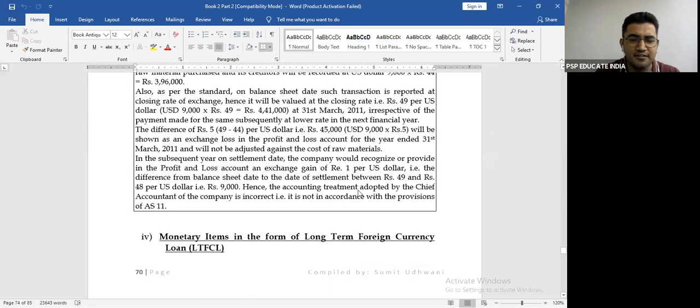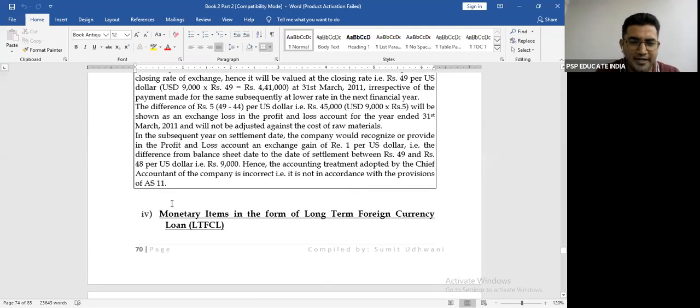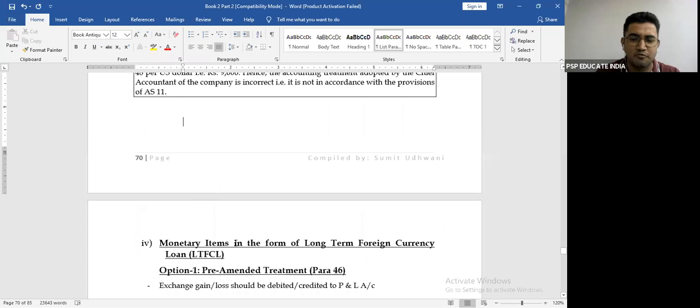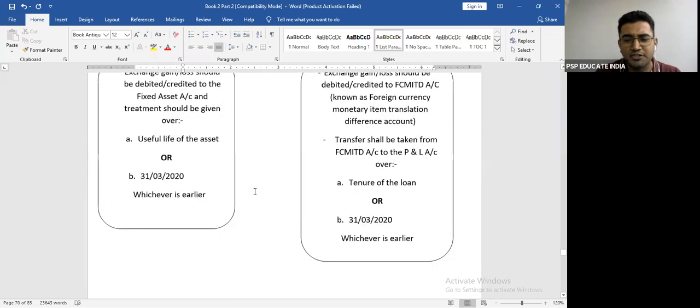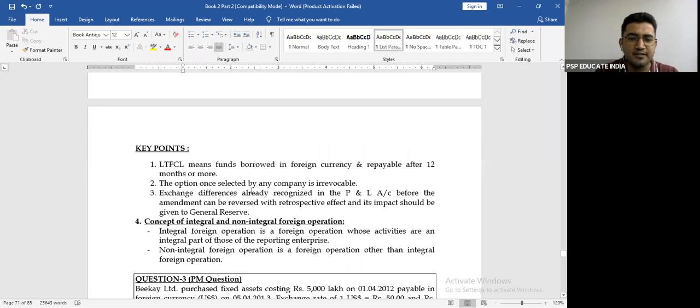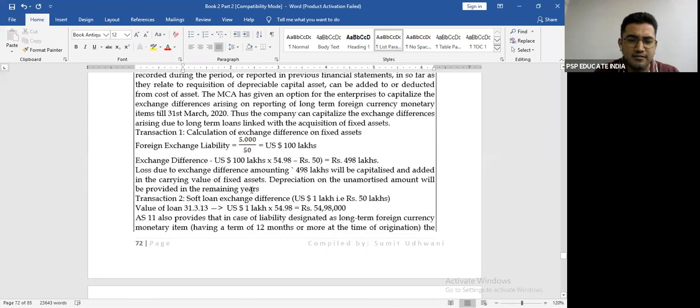Right after that, we are yet to do monetary items in the form of LTFCL. That's an interesting concept. There is an amendment in this attempt in this concept, so we will do that later on. We have not touched upon that concept. We'll do it next time on Sunday when you have that. After that, we did